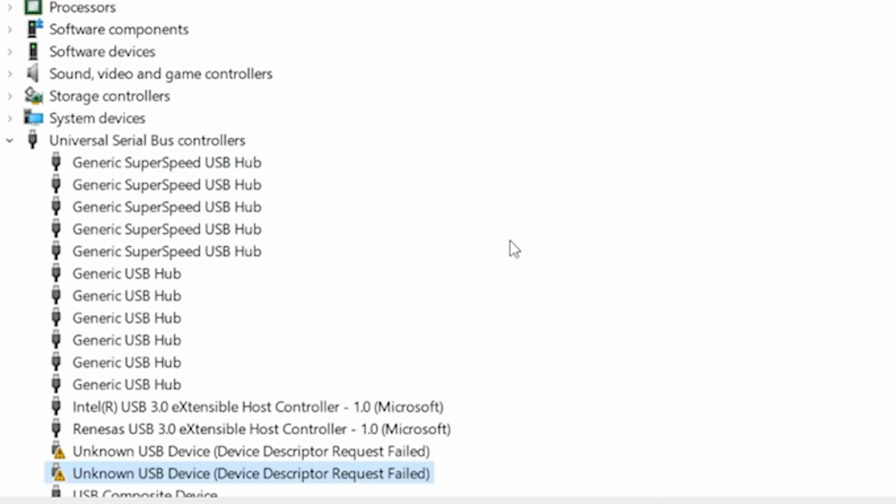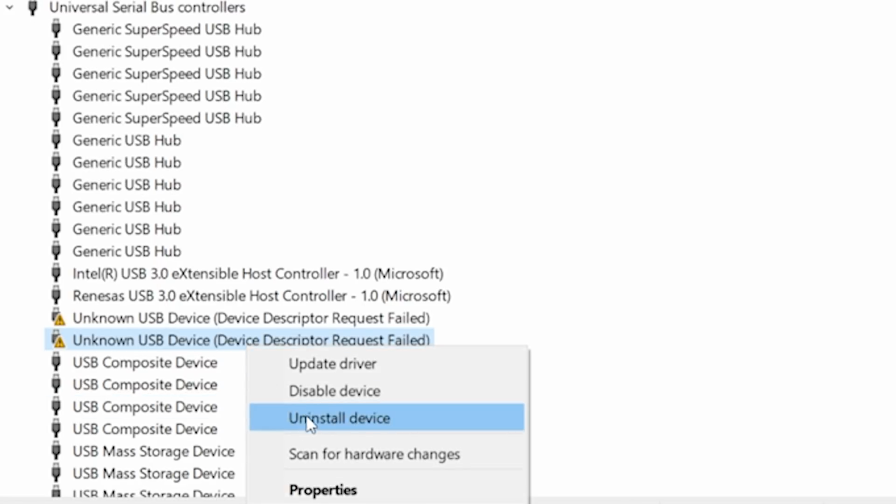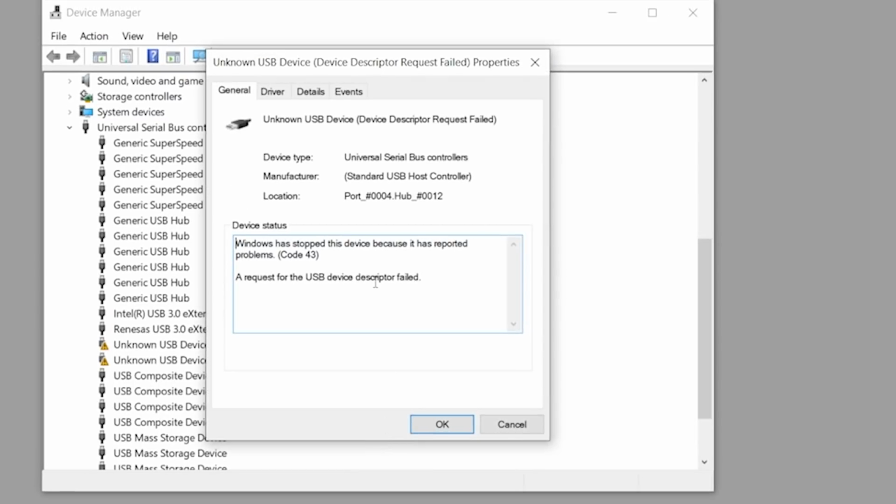Oh. No. Come on, baby. Oh. 2 of them. Device Descriptor Request Failed. Oh, this is bad. That's bad. Whenever you've got Device Descriptor Request Failed, it usually means bad hardware. Basically, USB says to the device, hey, what are you? Are you a joystick? Are you a mouse? Are you a headset? And if it can't do that...